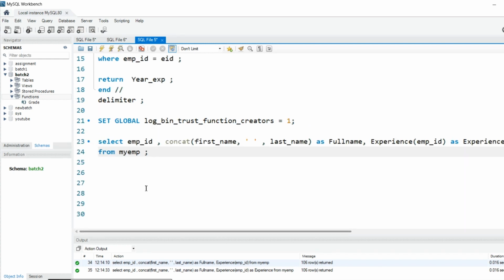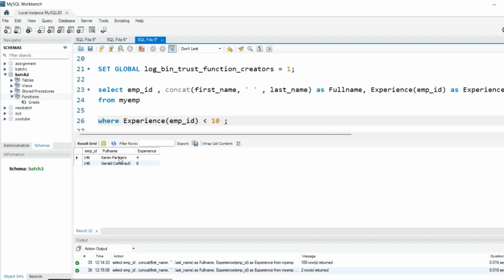You can use a where clause also here, as I showed earlier. If you want to give any condition, like show me the employees who have less than 10 years of experience, you have to copy and paste this column from here, and less than 10, you will get only 2 employees. Or if you do less than 15, you will get only 5 employees with less than 15 years of experience.